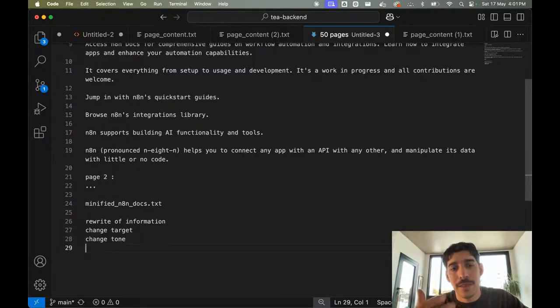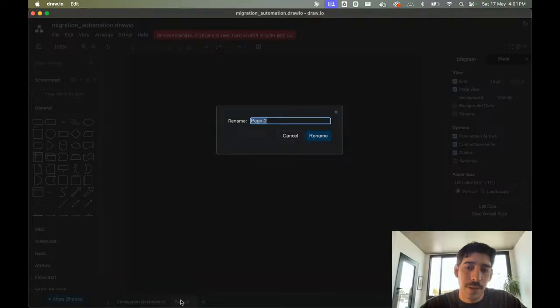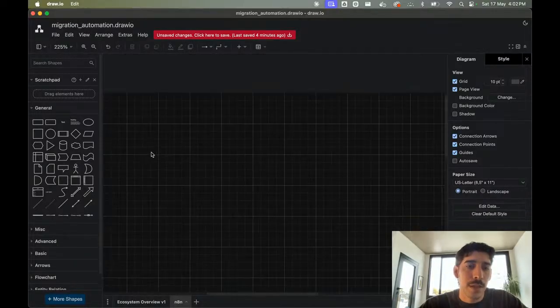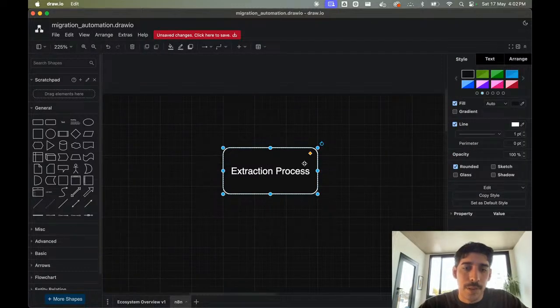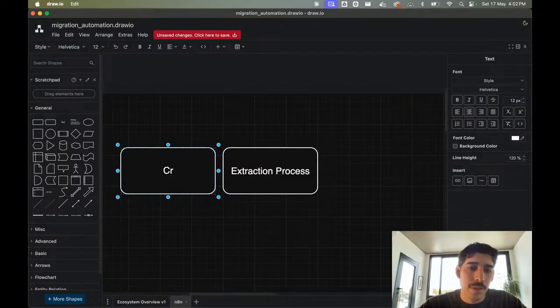So you could have the extraction process basically. Let's try to make another diagram. Let's say you could have the extraction process. You could have crawling. Is that a word?